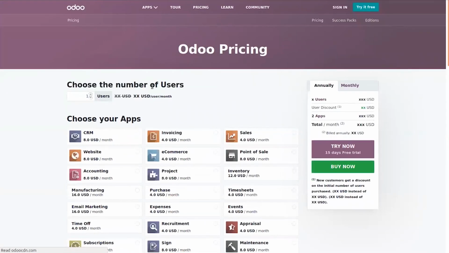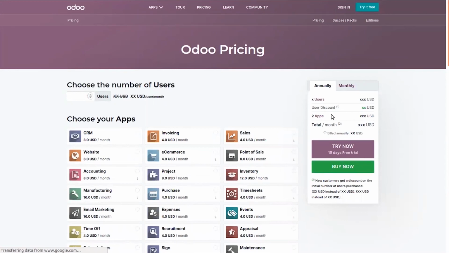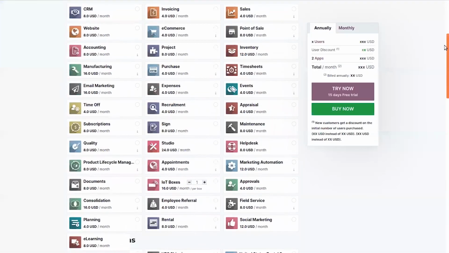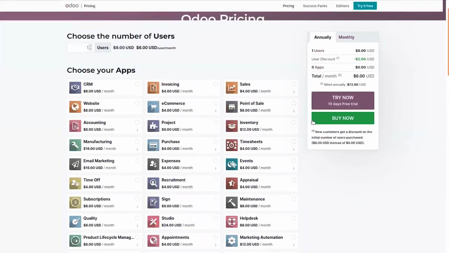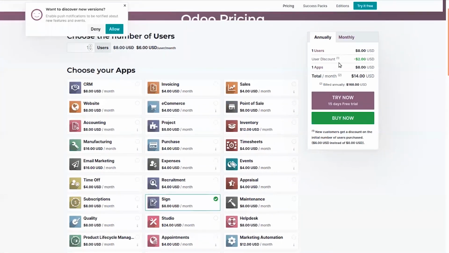here you can see our order pricing page. From here we can choose the required applications. When you choose, you can see the number of applications, total discount, total amount, and we can buy the product from this page, or we can try for 15 days. That is free trial.